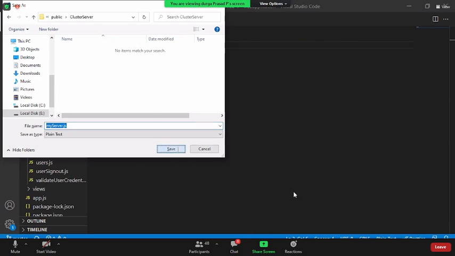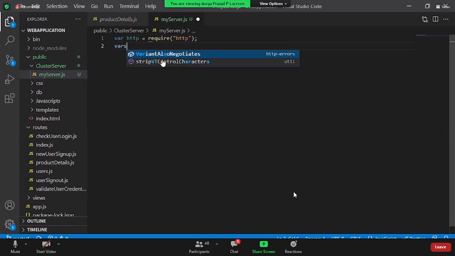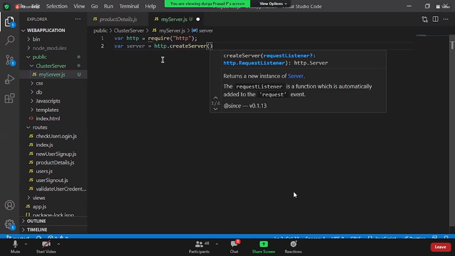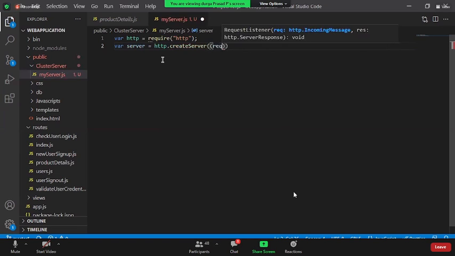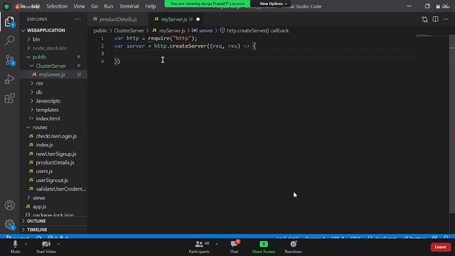Okay, so we know this simple server. How did we used to create it? We used to say var http equal to require http node module. On the top, var server equal to http.createServer. Remember, guys? We used to come with request and response.